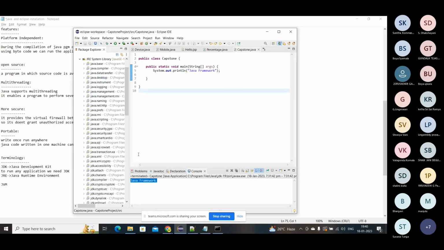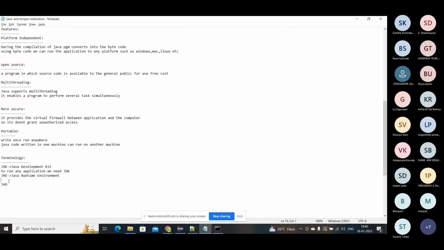It's a predefined set of dot class files. Okay. And what is called JVM? JVM is Java Virtual